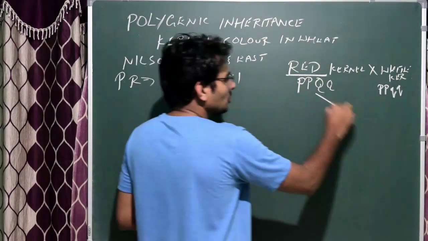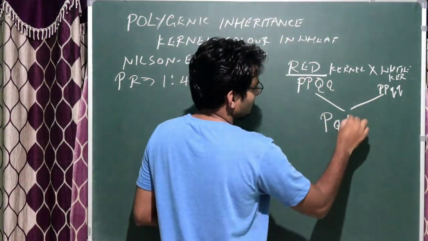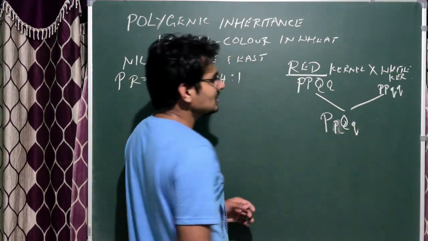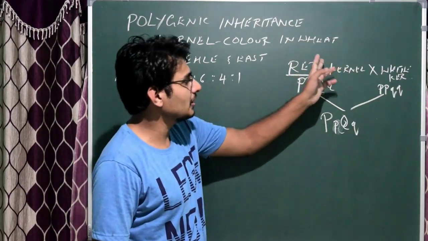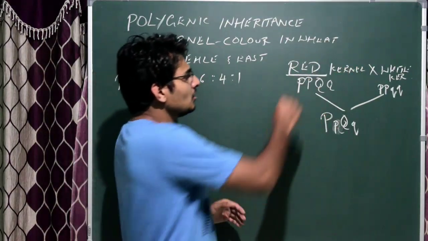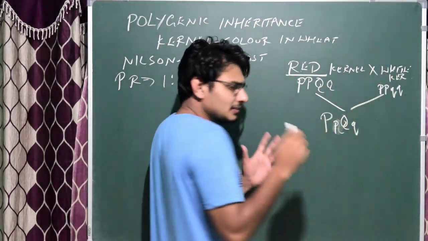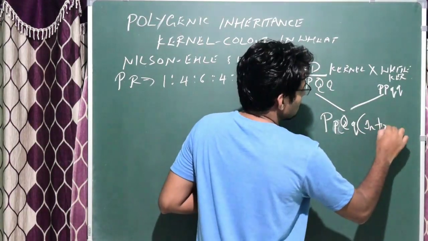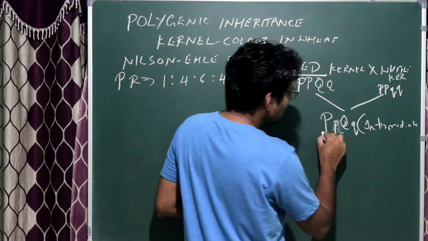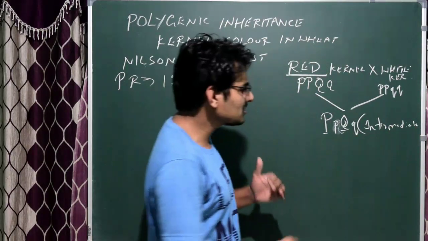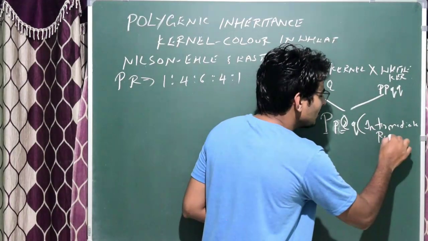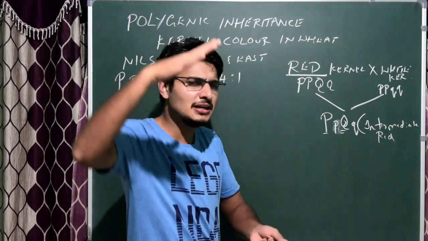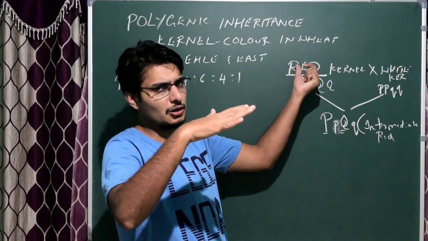That's it. Okay, so due to the cross, obviously what you get is this, P, p, Q, q. So this is actually an intermediate of parent 1 and 2. Correct. So here, due to the cross between red and white kernel types, that is actually the plants, obviously you get intermediate colors. Okay, so intermediate, here we have P and Q. Now both are in dominant state. Obviously the color would be almost red. Not white, not exactly red, it's like intermediate red. That is actually lesser contrast compared to this parent. Okay, so that is the thing.